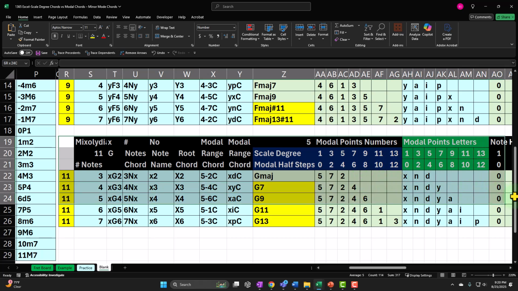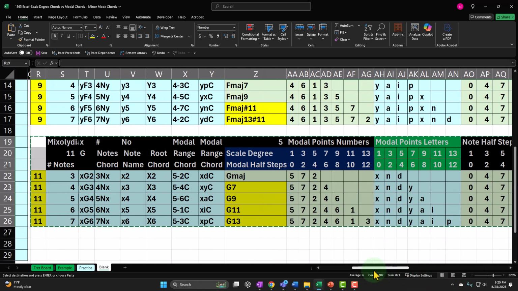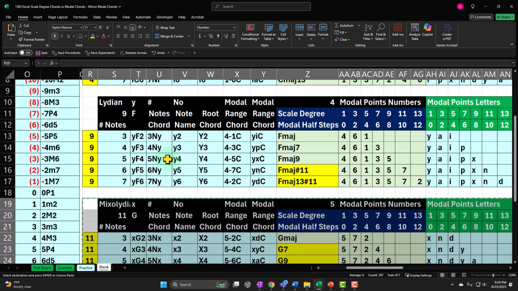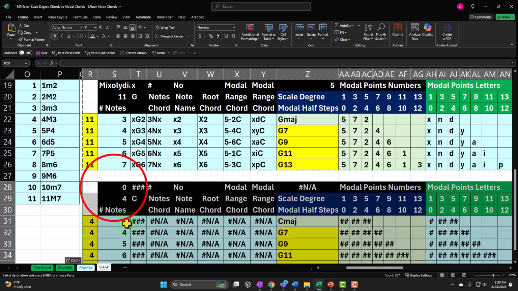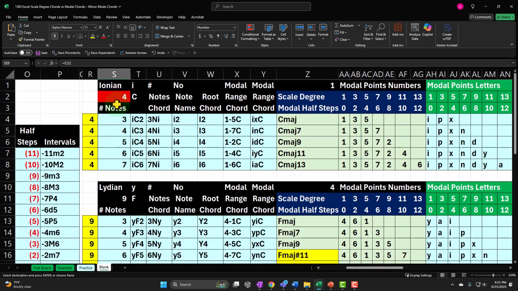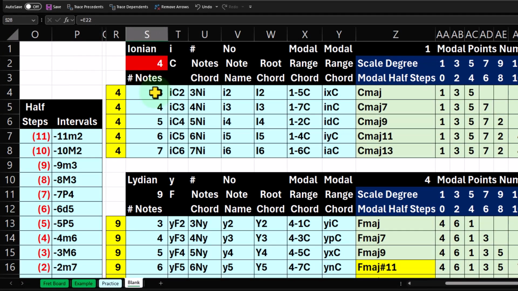All right, so let's copy this down. I should be able to do the relative positions. Now, you would think I would do Dorian first. I'm going to have to reorder this whole thing because I want to put it in order of 1 through 7. But I'm going to do it with the majors on top and then the minors, and then I'll reorder it. Okay, so we'll paste this down here, and then I'm going to make this as related to the Ionian. So if the Ionian is the 4, and I need to go up to the Aeolian,